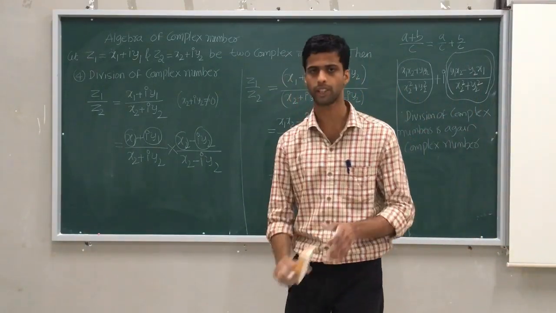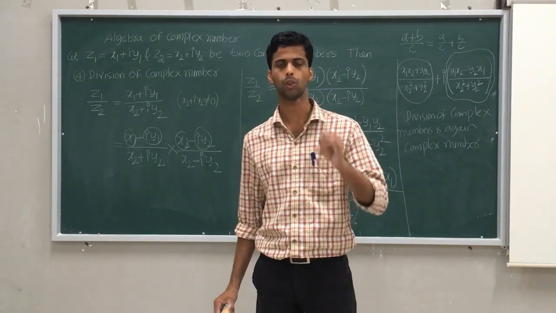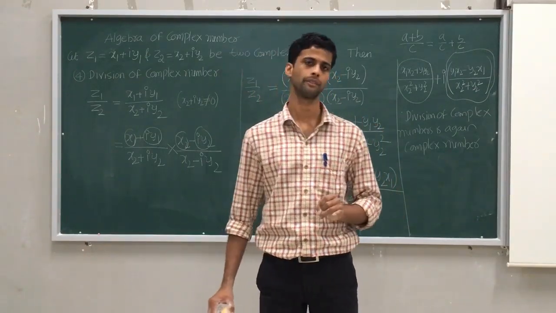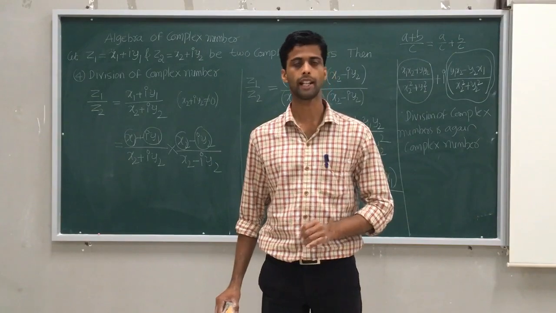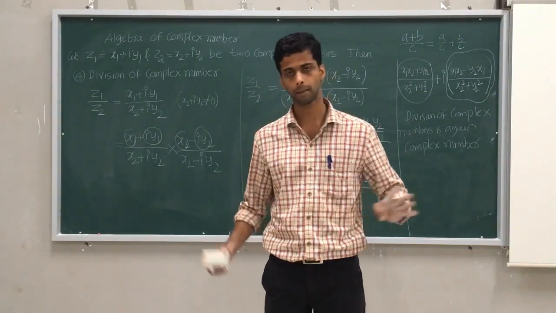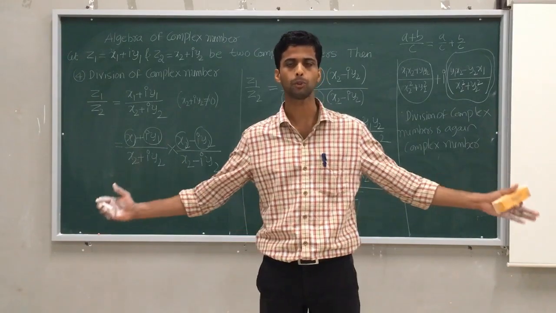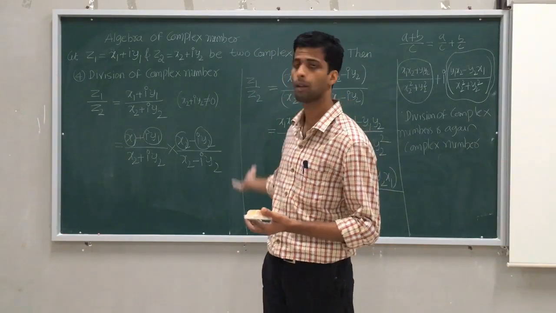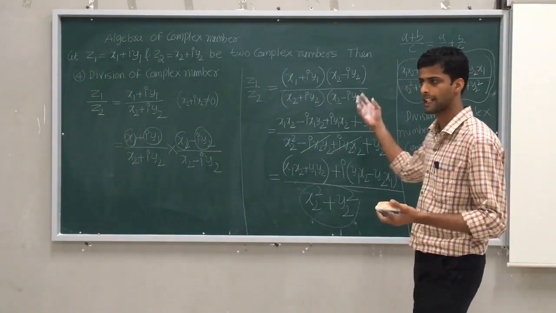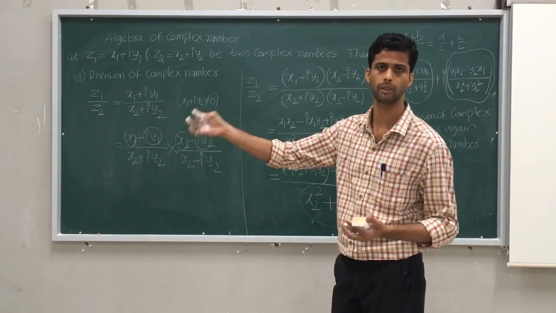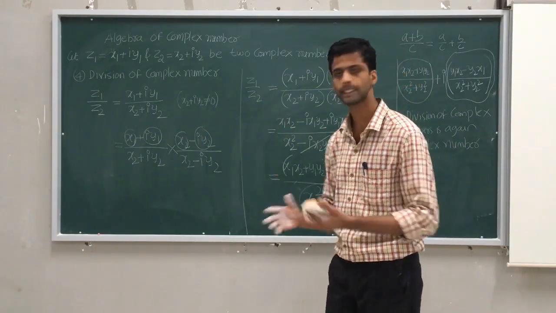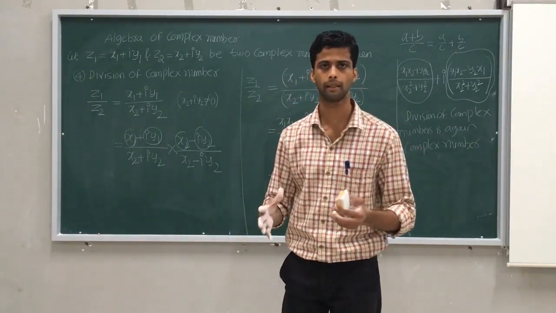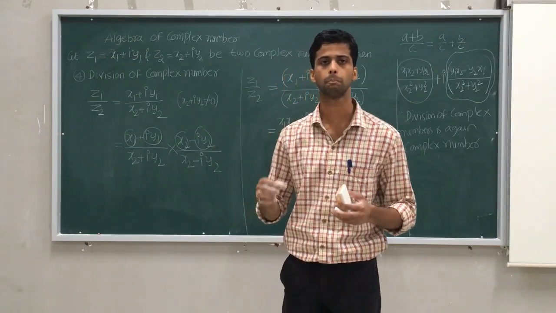So in this session we studied what a complex number is, what the basic idea behind it is, how to form a complex number, whether every real number is a complex number, algebra of complex numbers, different types of complex numbers, the conjugate of a complex number, and whether algebra is valid in complex numbers. We all got it. Okay, addition is satisfied, subtraction is satisfied, multiplication is satisfied, division is satisfied. With this idea, I will come in the next video with problems based on it. Till then, please watch this video and make it perfect.